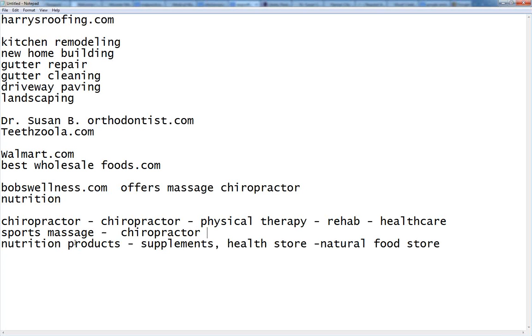Now, if there's no other massage salons in town, or very few of them, could they go with two business categories and probably do really well? Yeah. But if you're going to go into Google Maps and do a search for massage, and you're going to see all these salons and spas and just people that specialize in relaxation massages coming up,